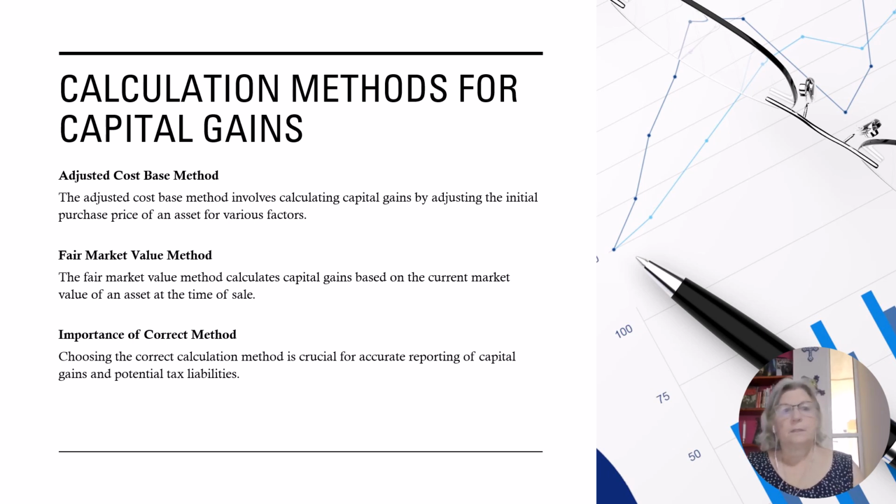So these are the two calculation methods for capital gains. You have the adjusted cost base. So you bought a house 30 years ago and you paid $250,000. You had legal fees to acquire that. You had title registration fees, whatever it cost you to get that asset livable and going, that becomes your cost base. Okay, the fair market value method: say you have a business and you're winding it up and you